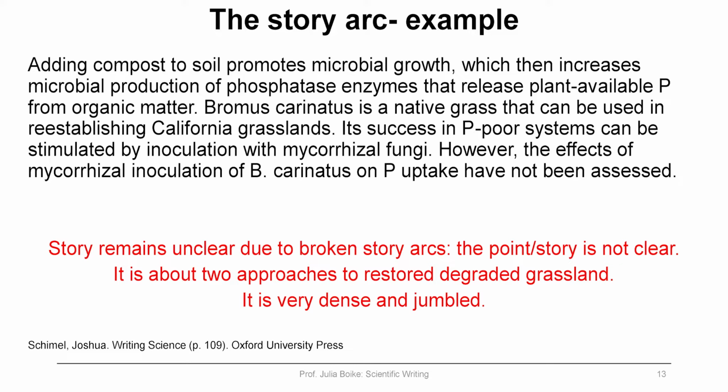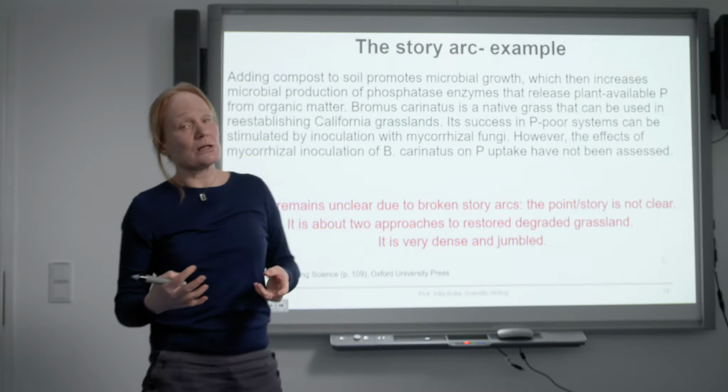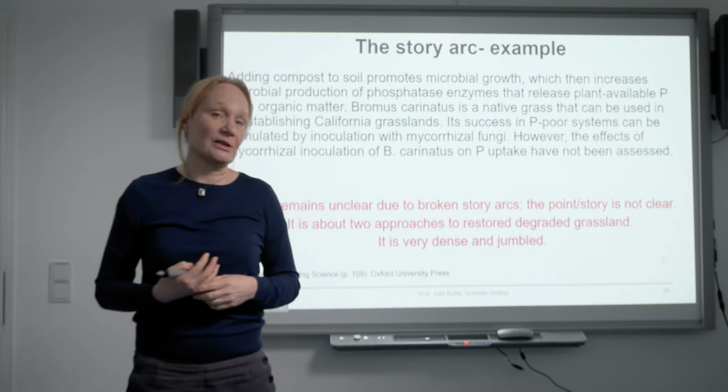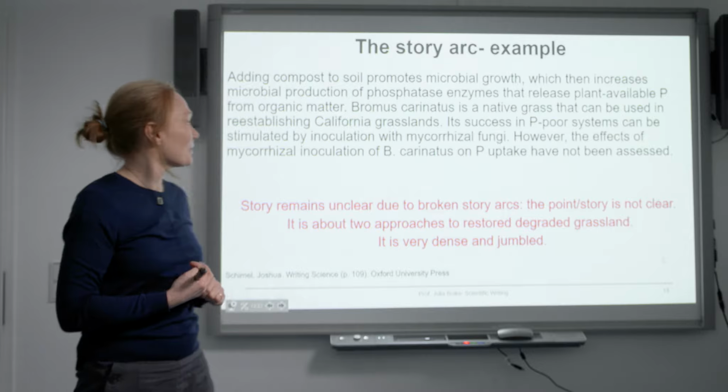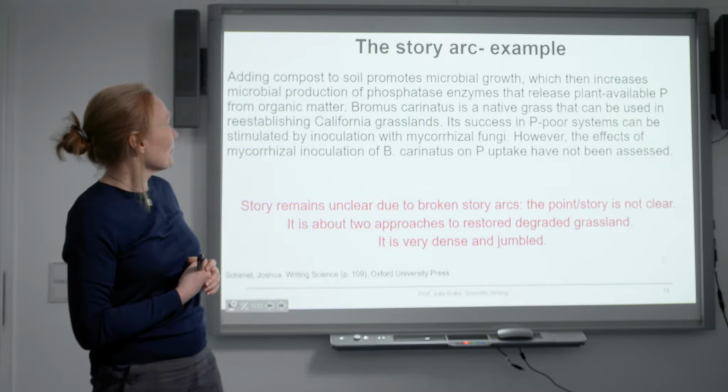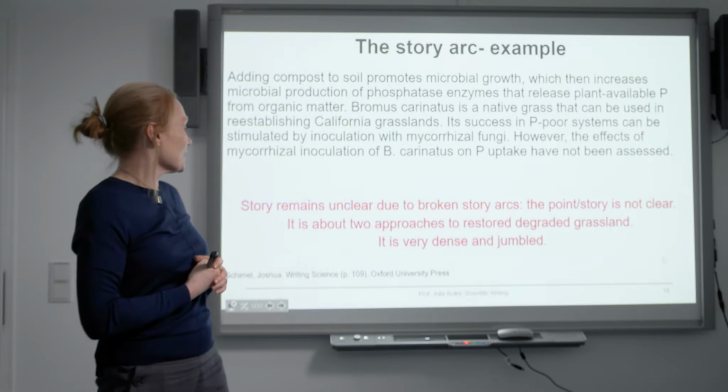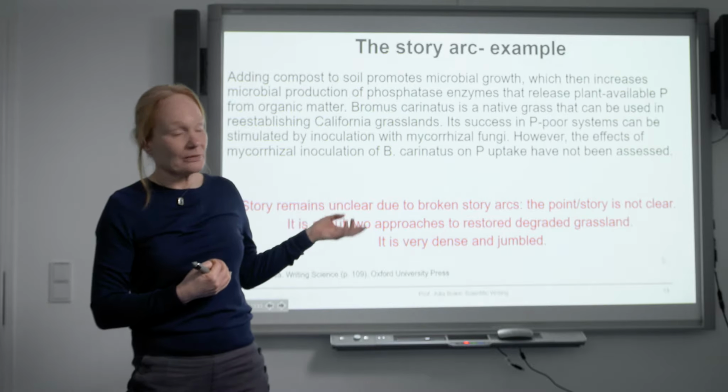The sentences are already very long and very dense. Then the next one, Bromus carinatus, which is a fungi, is a native grass that can be used in re-establishing California grasslands. Its success in phosphorus systems can be stimulated by inoculation with mycorrhizal fungi, and so on. So even though there's lots of words in there that you probably don't know, because who knows what the Bromus carinatus is, the problem with this paragraph is